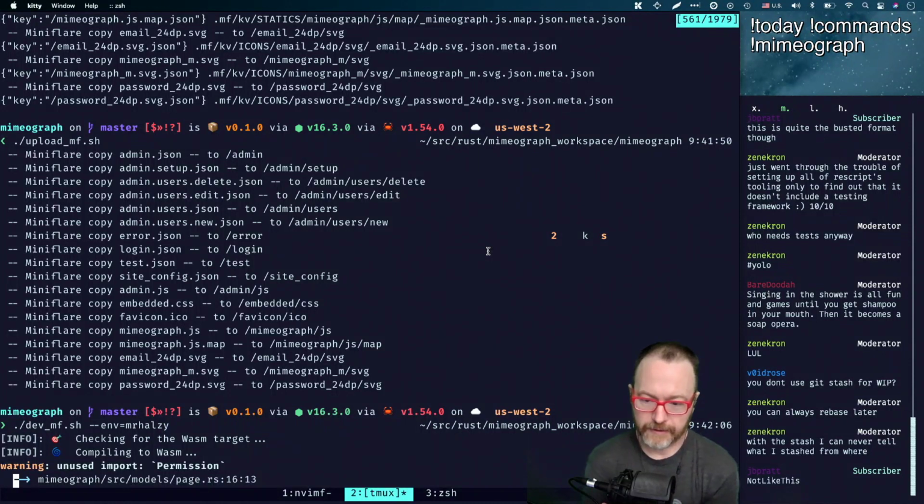That doesn't map right. Oh, and it's even